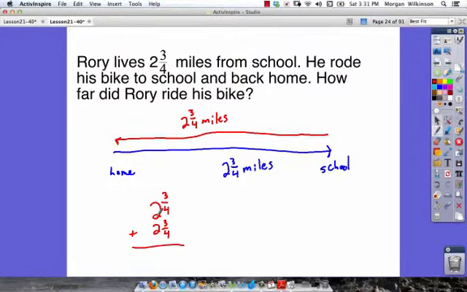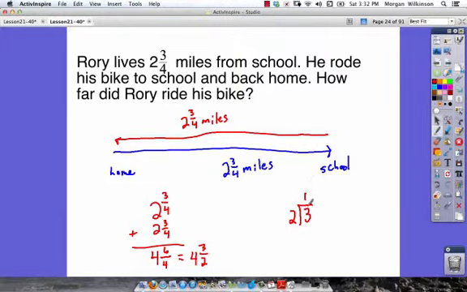We add the whole parts first. We get 2 plus 2, that's 4. Then we add our fraction part. We've got 3 plus 3, that's 6. And our denominator always stays the same when we add fractions, so we get 4 6/4. Well, we could reduce 6/4. If we cut both numbers in half, that's 4 and 3 out of 2. Well, 3/2. If we look at 3/2 and we divide it, 3 divided by 2,